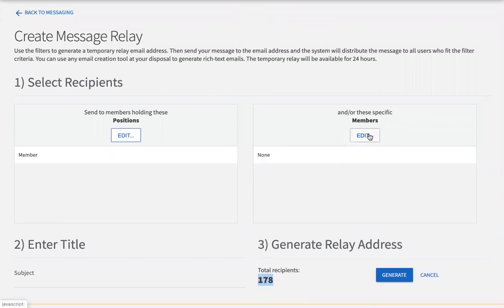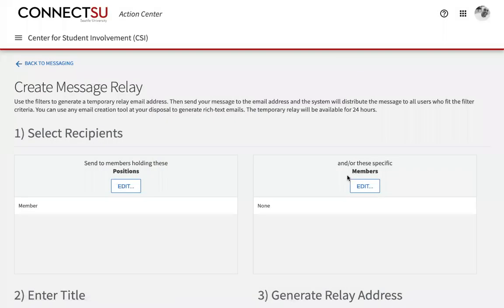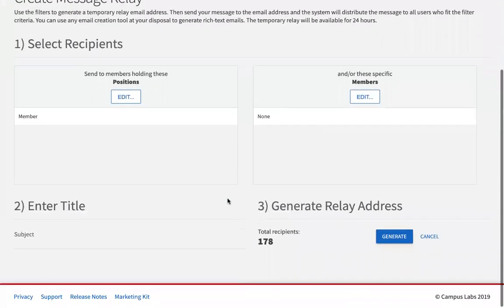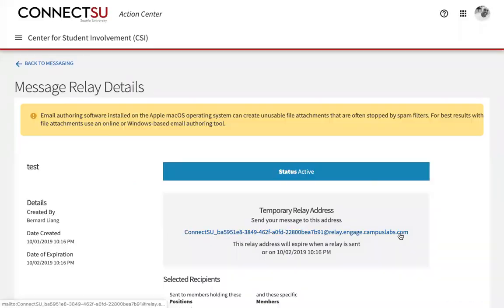You can also send that to individual members. So if you know you want to send it to 5 or 6 members, you can click who those people are. And then you want to put the subject or the title for this, or say this is a test. And then you click generate. Generate will then create this very, very long string that looks like just a bunch of gobbledygook here, but it's actually an email address. When you put this into your Gmail or into your Outlook, if you're using Seattle U email, when you click onto that, you're able to send an email on behalf of your organization to folks,